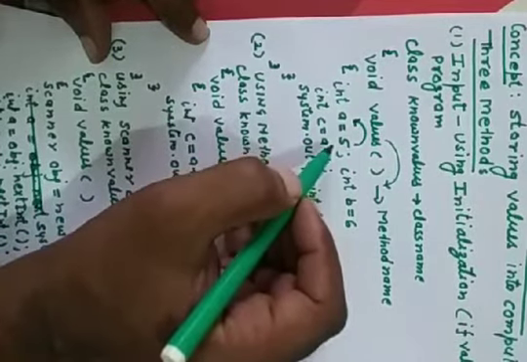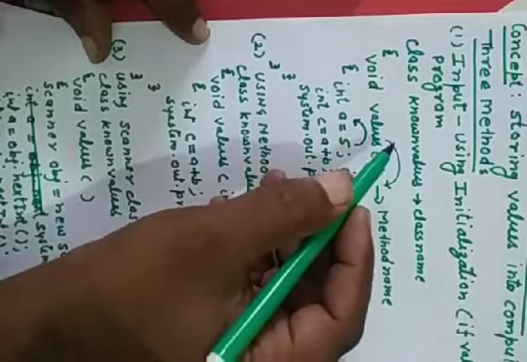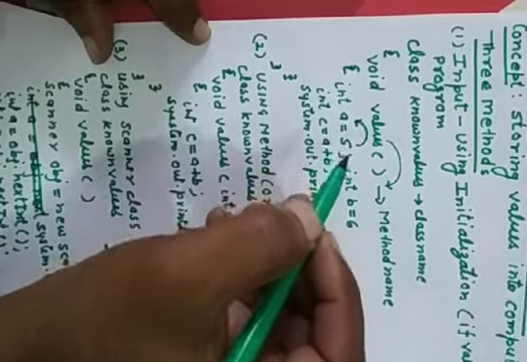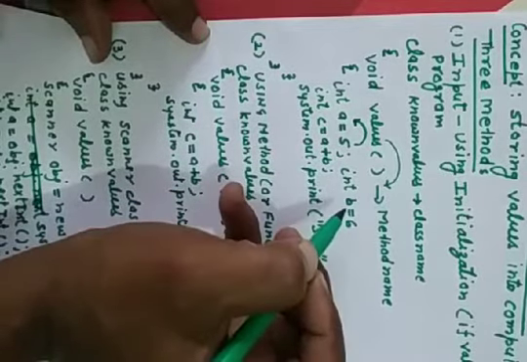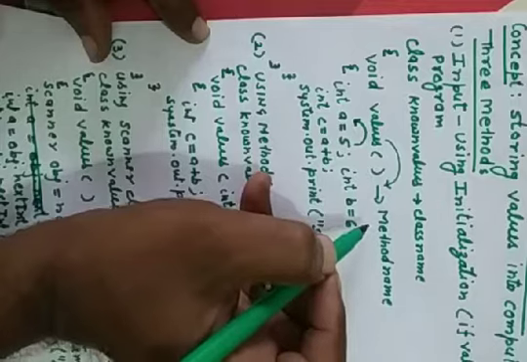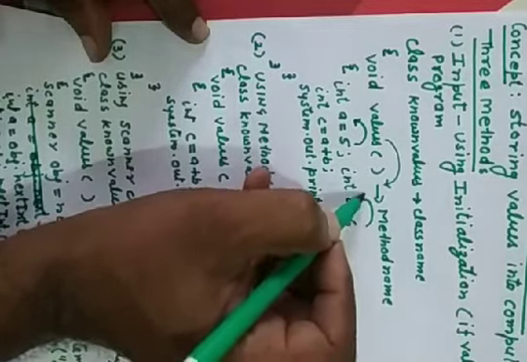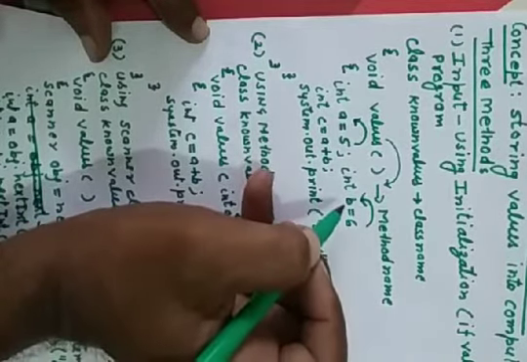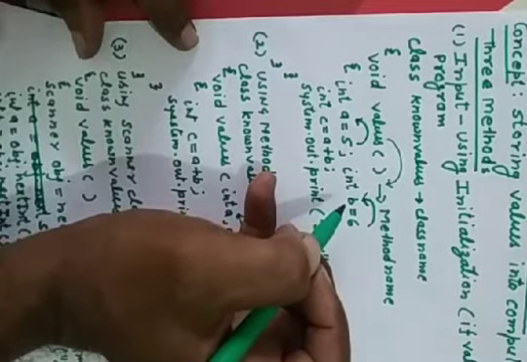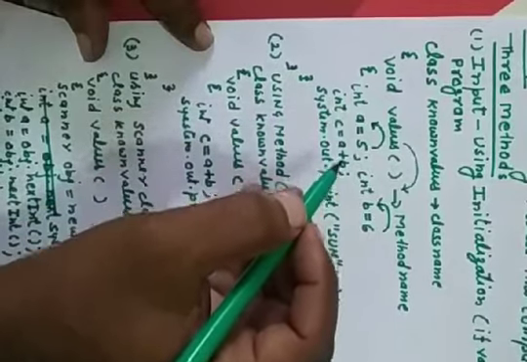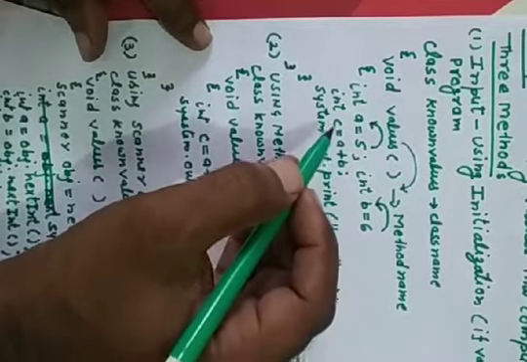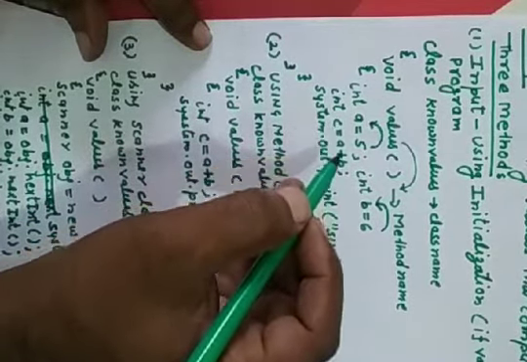So this is called storing. This is the method by initialization, meaning if the values are known, they can be stored in such a way. Got it? int b is equal to 6, so 6 is going to be stored into b. This is called initialization if the values are known. Here, int c is equal to a plus b. What is happening here? In memory c, we are going to add a and b, so the addition of a and b will be stored into c.